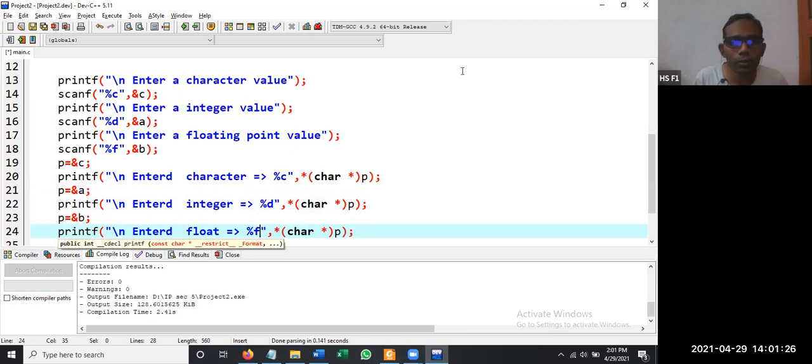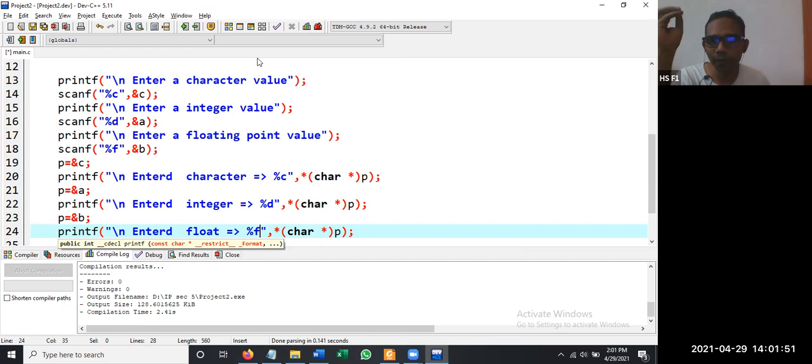Somebody is having a doubt. Sir, why did you use fflush stdin in your previous program? Why are we using fflush? Because whenever we accept two characters, after entering a character, you are going to give a space. Now the C compiler is going to treat the space as the second input and it stops execution.